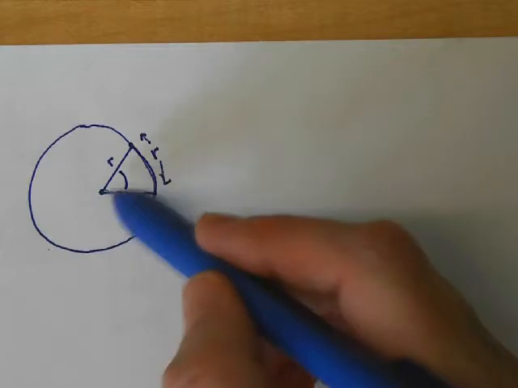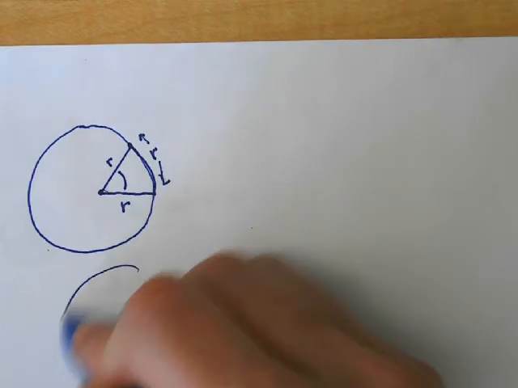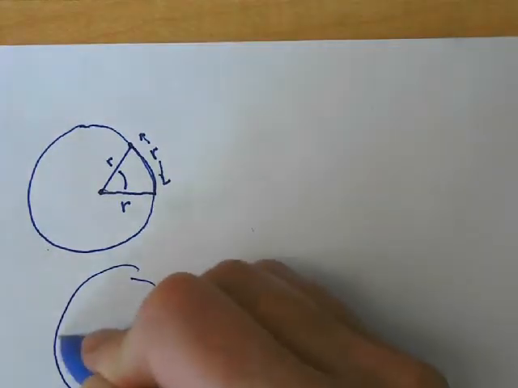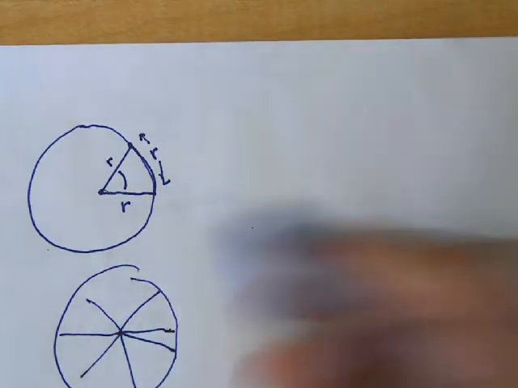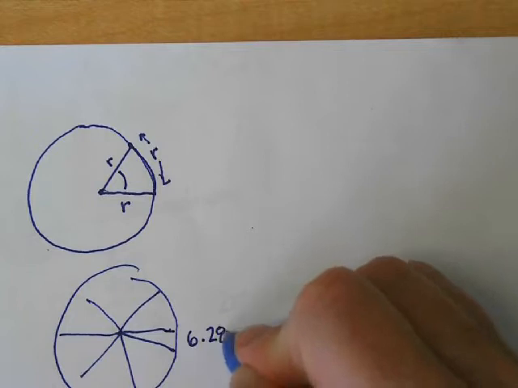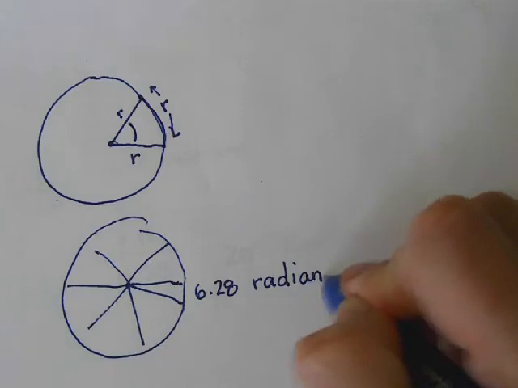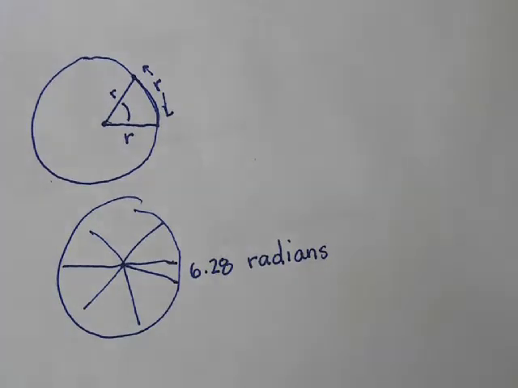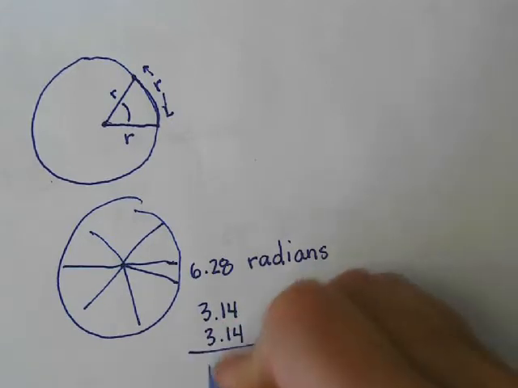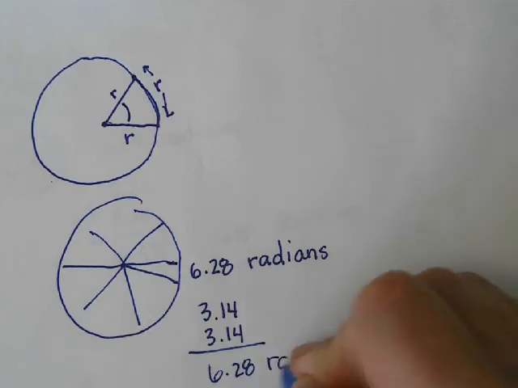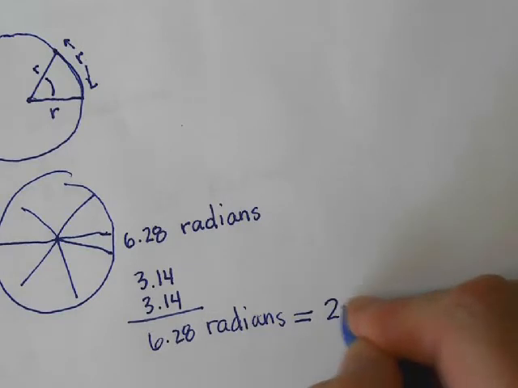Then we filled it all the way in, and what ended up happening is that we found it was a little bit more than 6 radians, 6.28 radians in a circle. Hopefully that number looks familiar to you, and you realize that it's 3.14 plus 3.14. So we said, instead of writing it that way, why don't we just say it has 2 pi